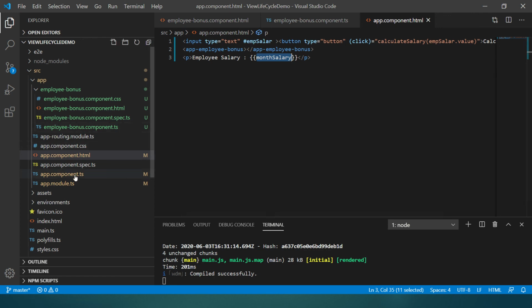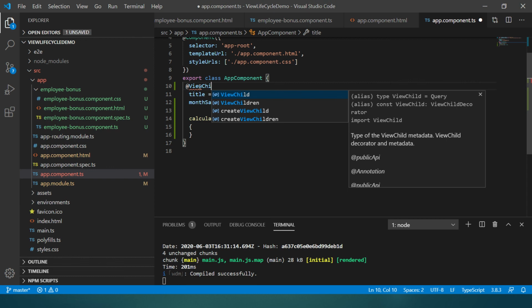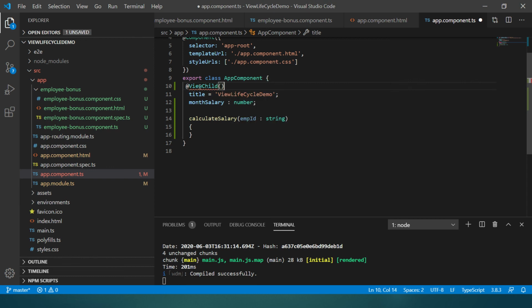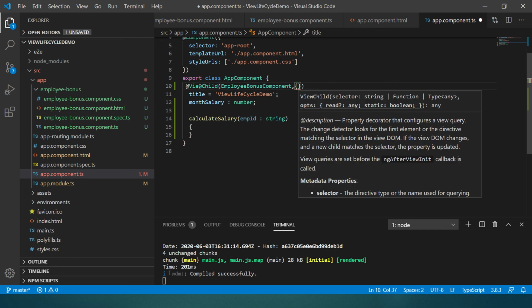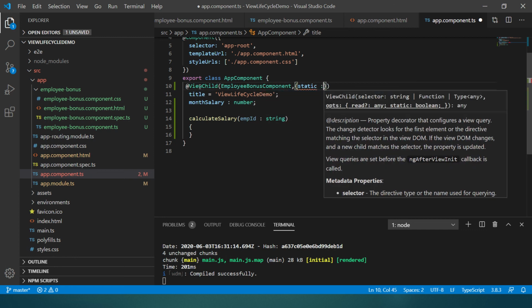Let us modify this app component .ts, where we need to use the properties and methods of the employee bonus component. For that we need to use ViewChild. Let me use that ViewChild. Within that we need to give EmployeeBonusComponent. Within the object we need to give static.